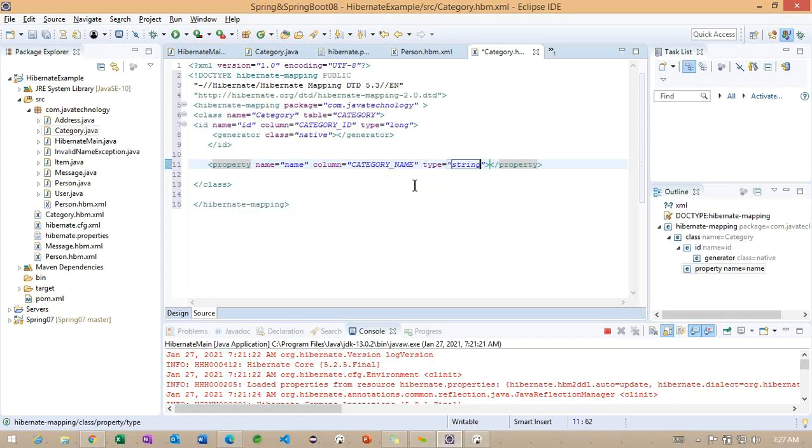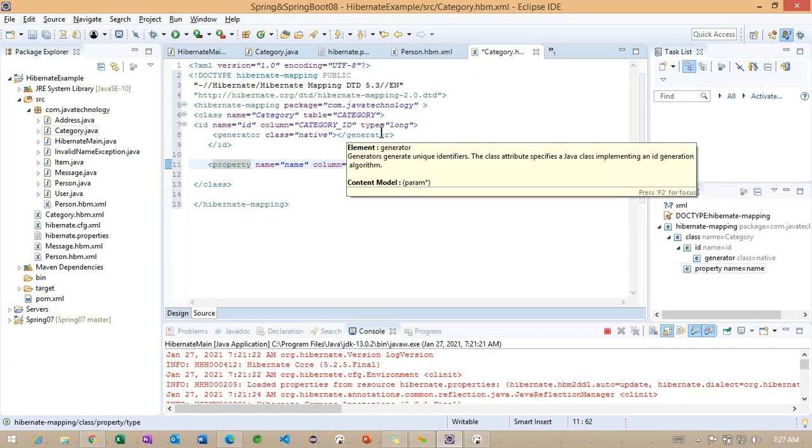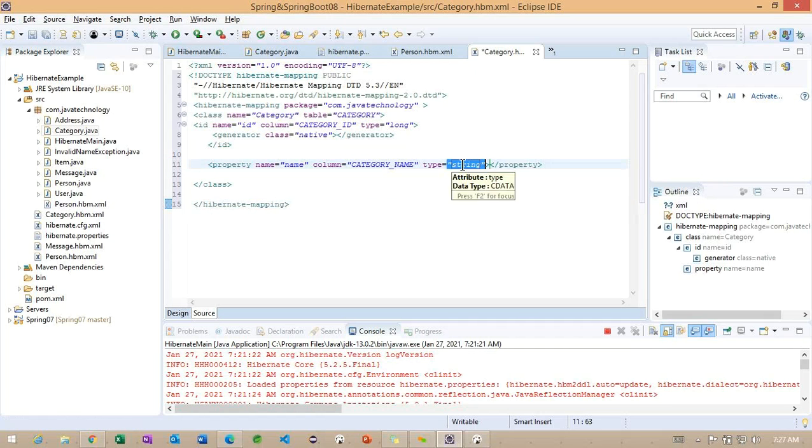Based on this type, Hibernate is going to create the data type for each column. For this column it creates a string, and the ID column is going to be created with a data type long. So to specify a specific data type, we can provide it in the mapping file here.